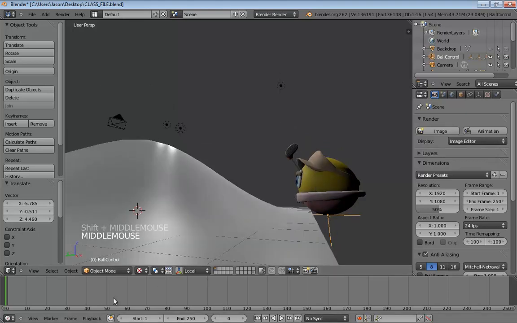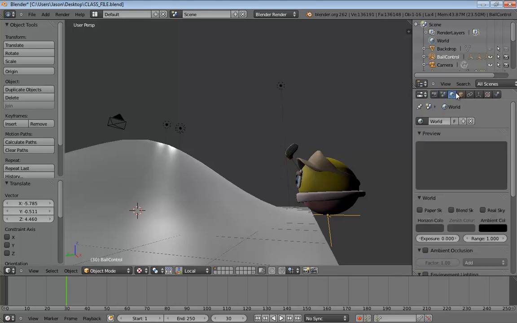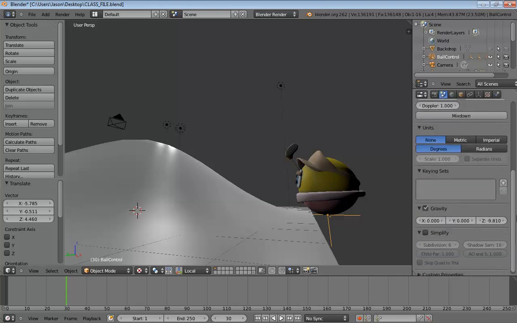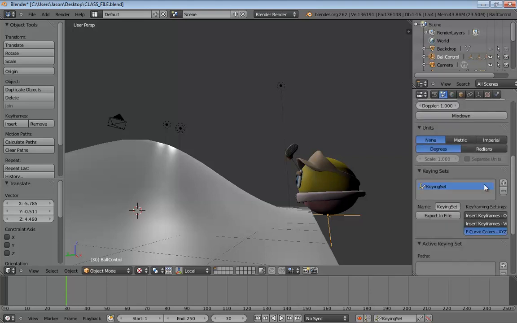Now, the last time we animated, what we had was basically 30 frames of doing nothing. So we need to do a couple of things here. We need some key sets. If you guys remember key sets from our very first lesson, keyframe sets are a way that you can control what it is you are animating at any given moment. So let's go ahead and create a brand new one of those. And I'm going to name this keying set ball character. And we need to add some things into it.